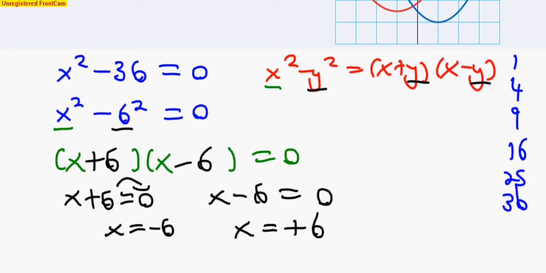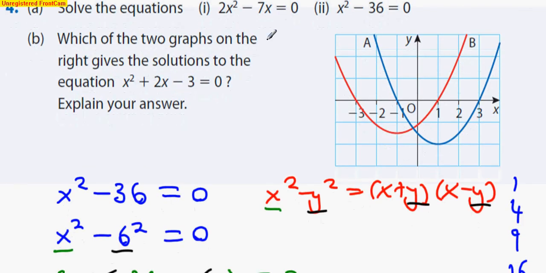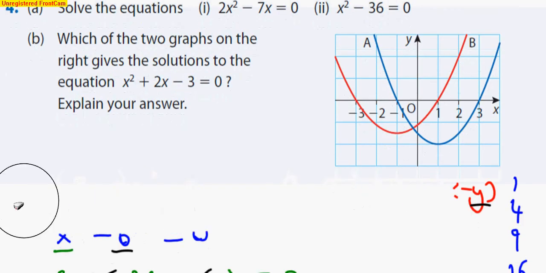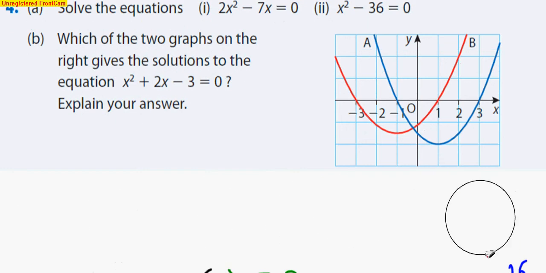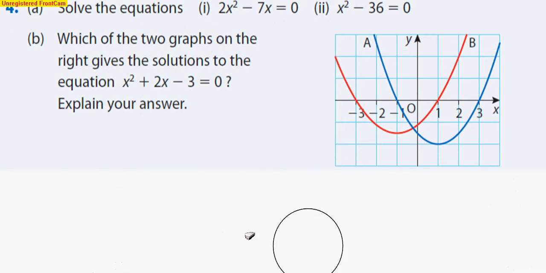Okay, next question. Which of the two graphs on the right gives the solutions to the equation x squared plus 2x minus 3 equals 0? Now, what you got to remember is that the roots of your answer are where it crosses the x-axis. So if we just solve this very quickly,